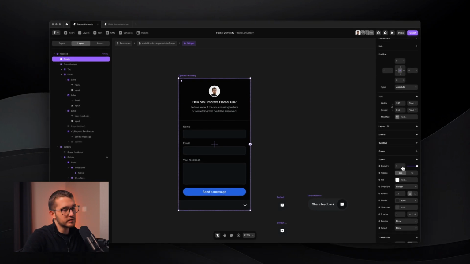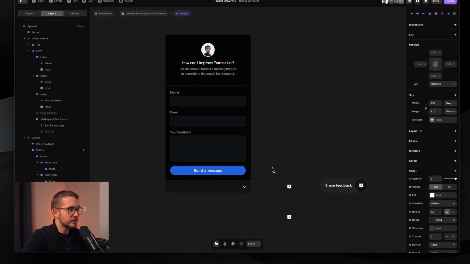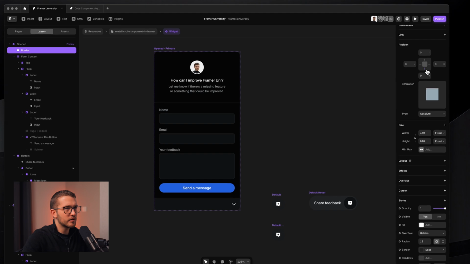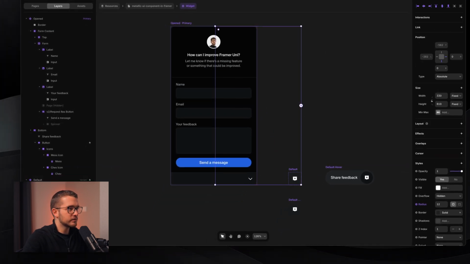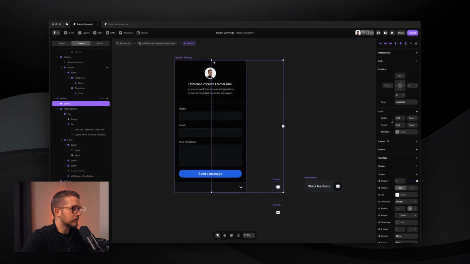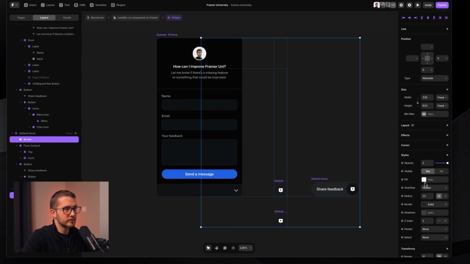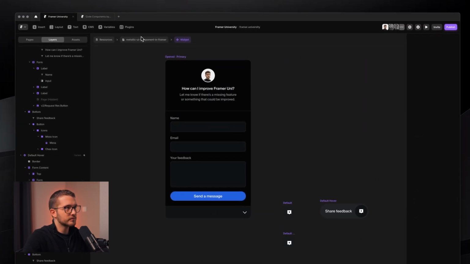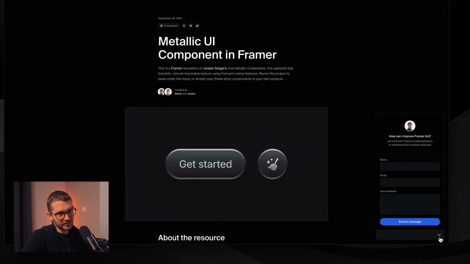So here it's going to be opacity 1, and everywhere else it's going to be opacity 0, but I think we can pin it to the right and to the bottom, just to make sure that on these variants it's going to be nicely on the bottom right corner. So here let's just set the opacity to 0 of this border layer. It's going to be a completely different effect,